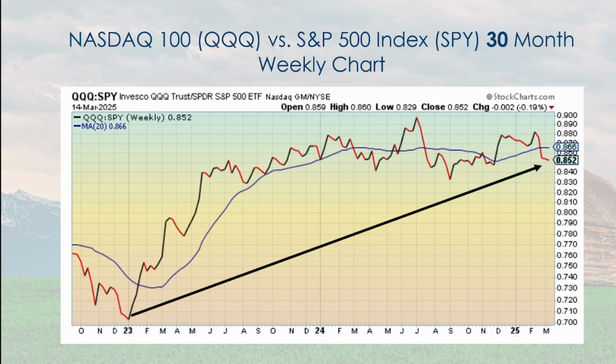This is the NASDAQ 100 compared to the S&P 500 on a relative strength basis over a 30-month period. So it looks very different than the previous chart because you're comparing two indexes. When it goes down, that favors the S&P. When it goes up, that favors the NASDAQ. So the S&P has been more in favor than the NASDAQ because it has been coming down. And that little tick at the very end shows that it is slightly down on a relative basis compared to the NASDAQ.